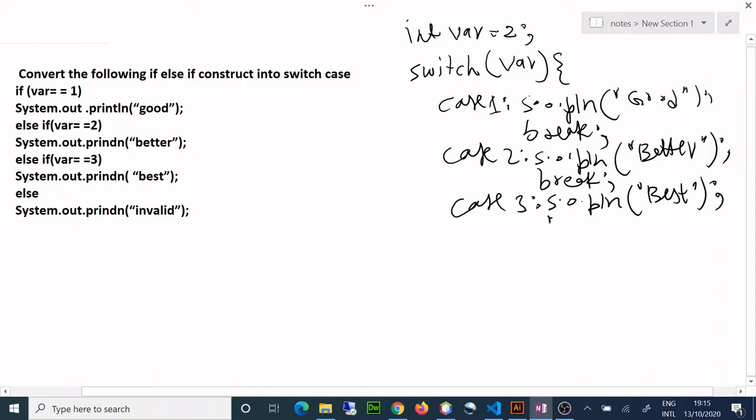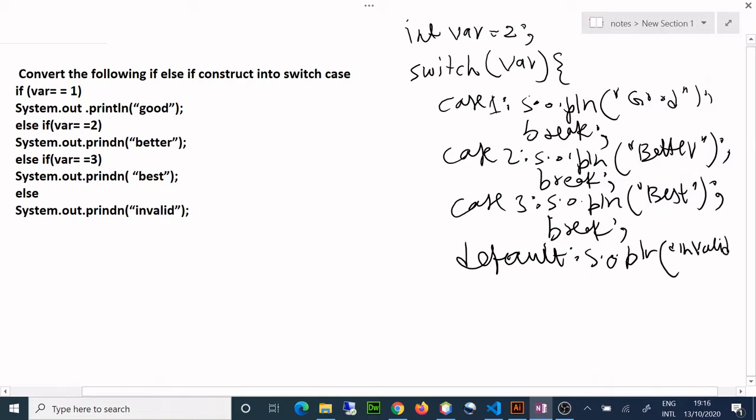Okay, and then break. And then default. So system.out.println, and we'll write here invalid. Okay, so there is no break after default. And that's how it is.